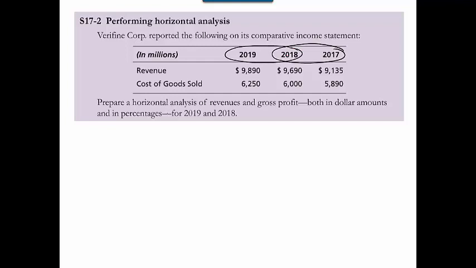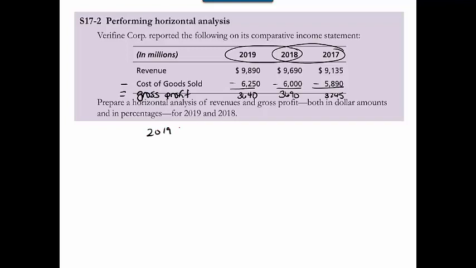Also, it's asking me for gross profit, which we don't have, but I'm positive that you remember that revenue minus cost of goods sold equals gross profit. So we can just add that in here. 9890 minus 6250 is 3640. So I just subtract that. And 9690 minus 6000 is 3690. And 9135 minus 5890 is 3245. Okay, so we've got